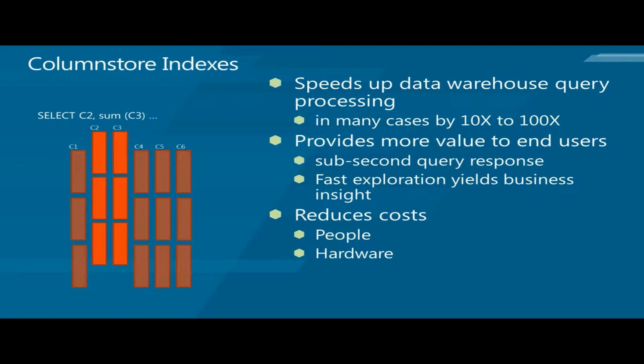So we can get 10 to 100 times query response time improvement for star join queries with grouping and aggregation, which is sort of the typical reporting query that you use in a data warehouse. And the value of this primarily is the benefit to end users. Because you can now get sub-second interactive response time to queries that used to take anywhere from 15 seconds to several minutes, or in some cases even tens of minutes,